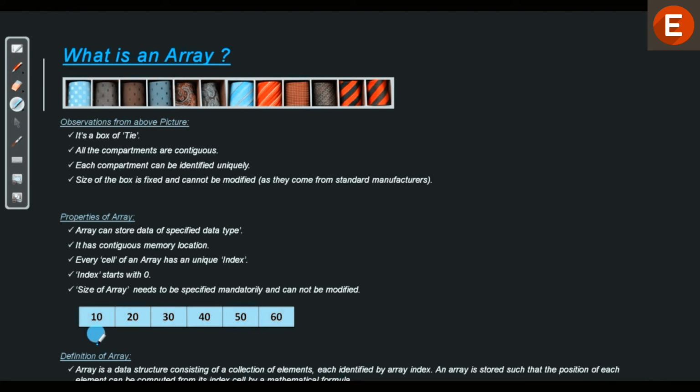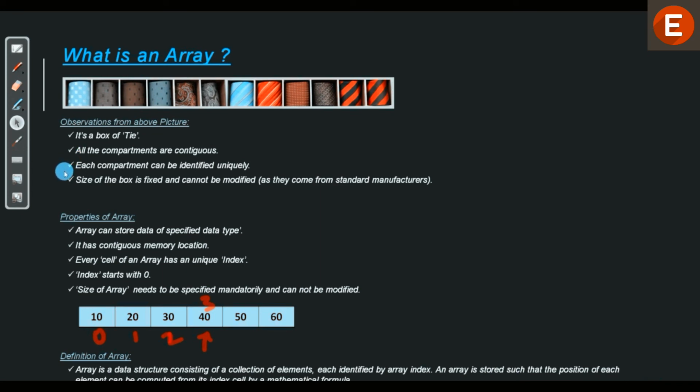What that means is, if this is our 0th cell, then it is easy to find out what the cell number is over here. It will be 1, 2 and 3. Fine. I hope you have understood on a high level what exactly an array is. An array is basically a collection of